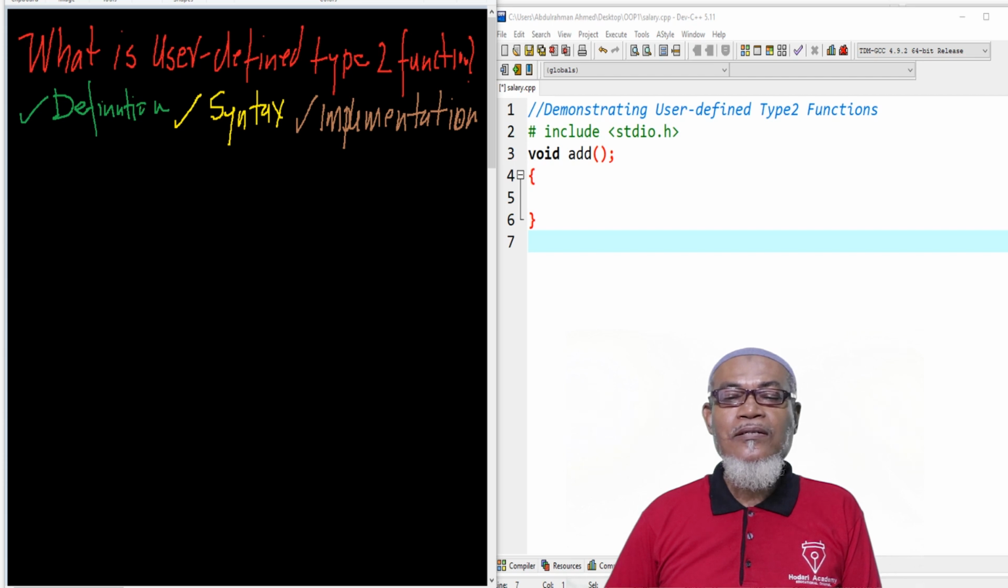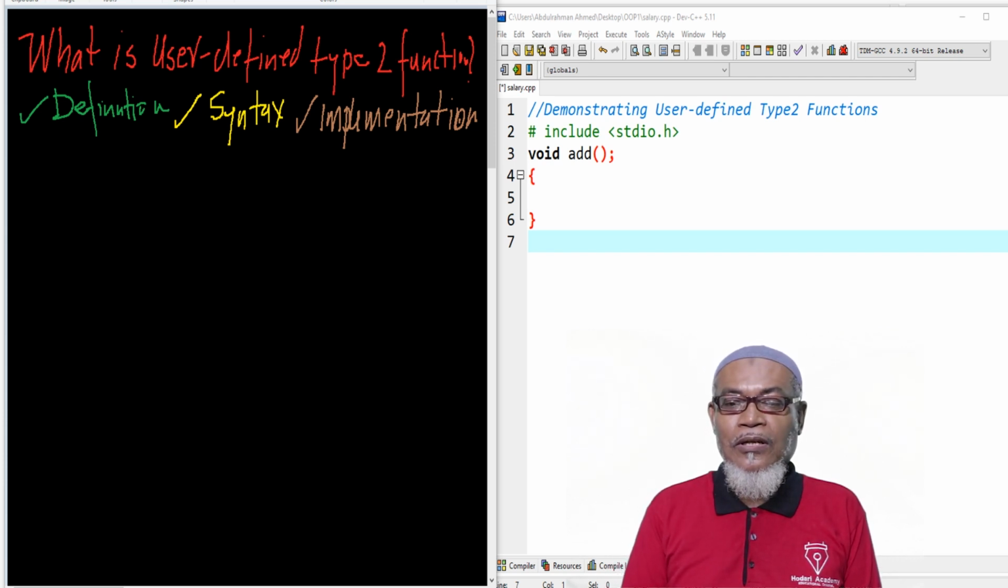In our last lesson, we discussed a user-defined type 1 function. Basically, we discussed that it takes no argument and no return data type. Today, we're going to discuss the user-defined type 2 function, and on that journey, we are going to talk about the definition, the syntax, and the implementation. Let's start with what is actually the